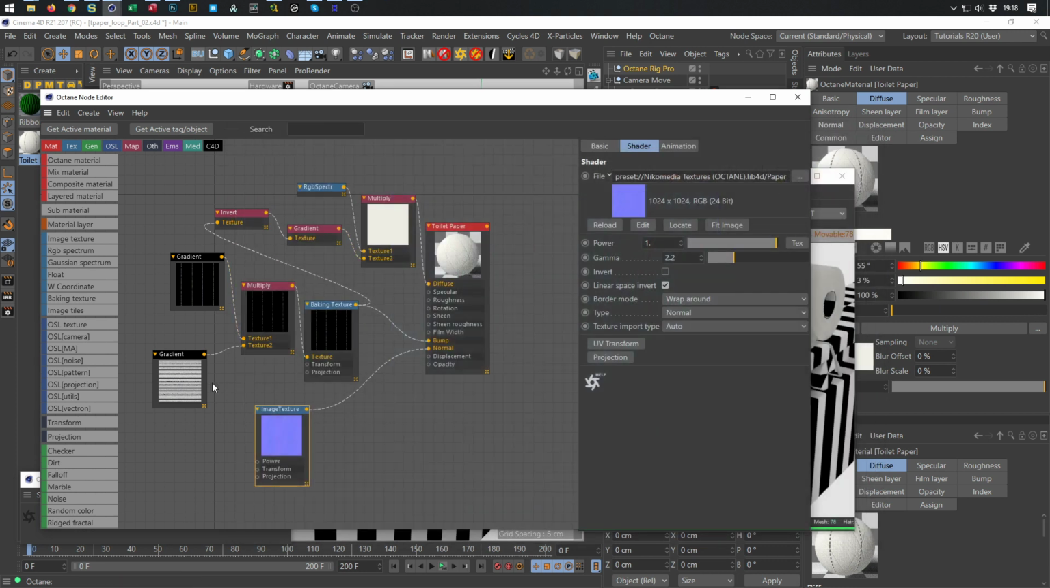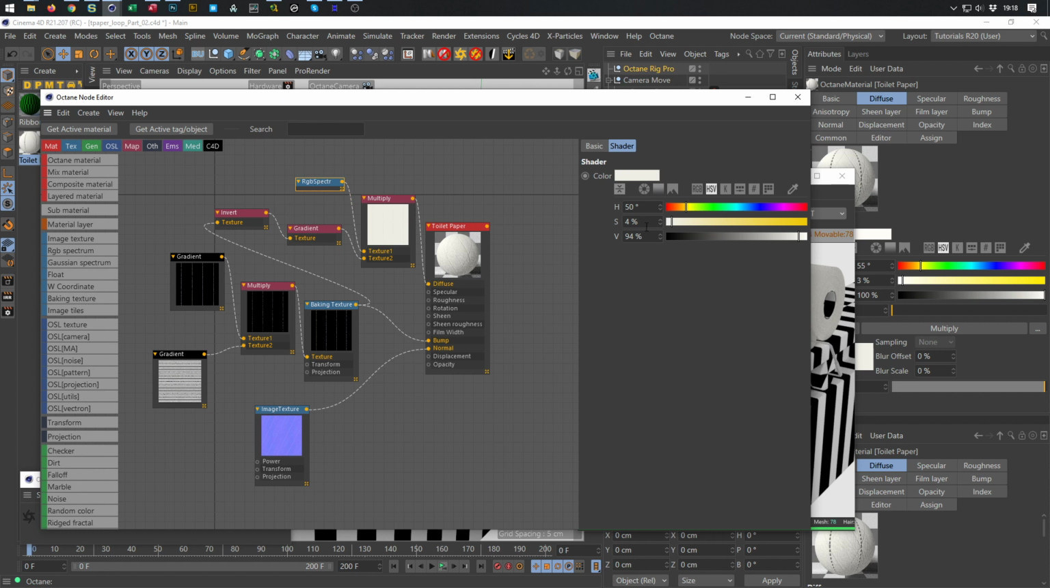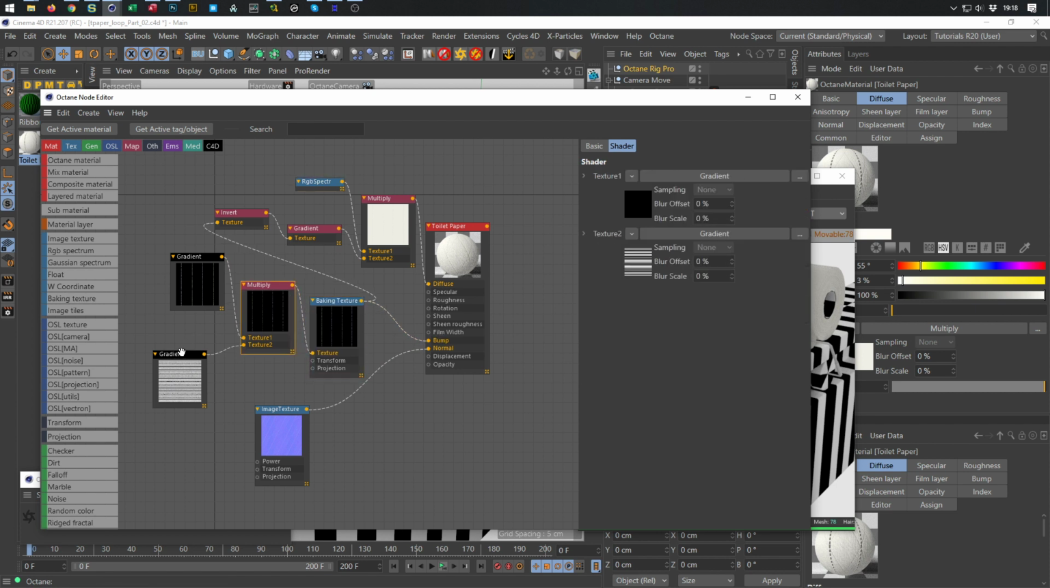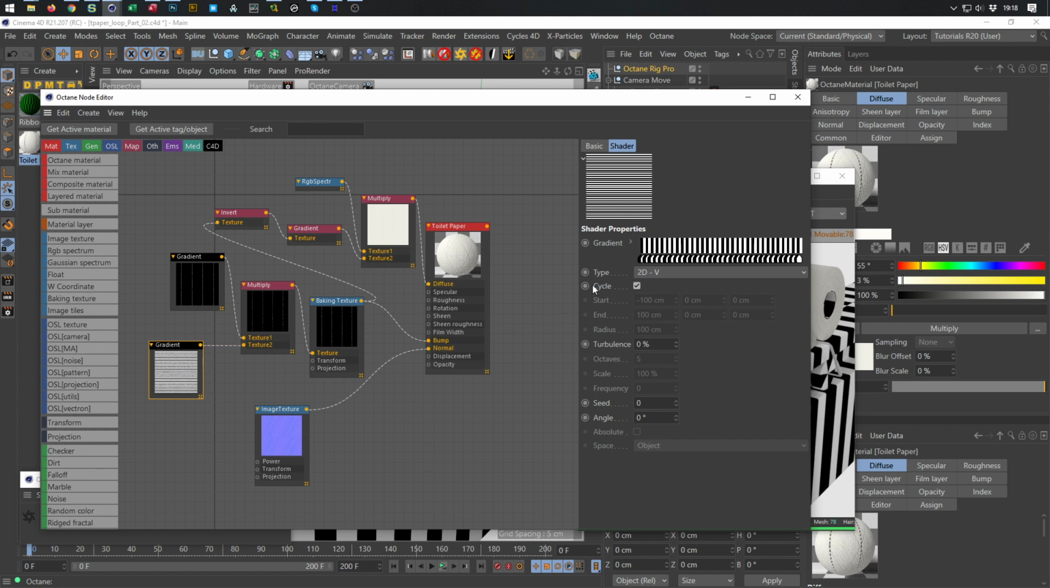And here, you see, it's just a color. It's nothing else. And here, this is the bump, this is the perforation. So I did a gradient here. You see, a gradient with lots of lines, or you can take